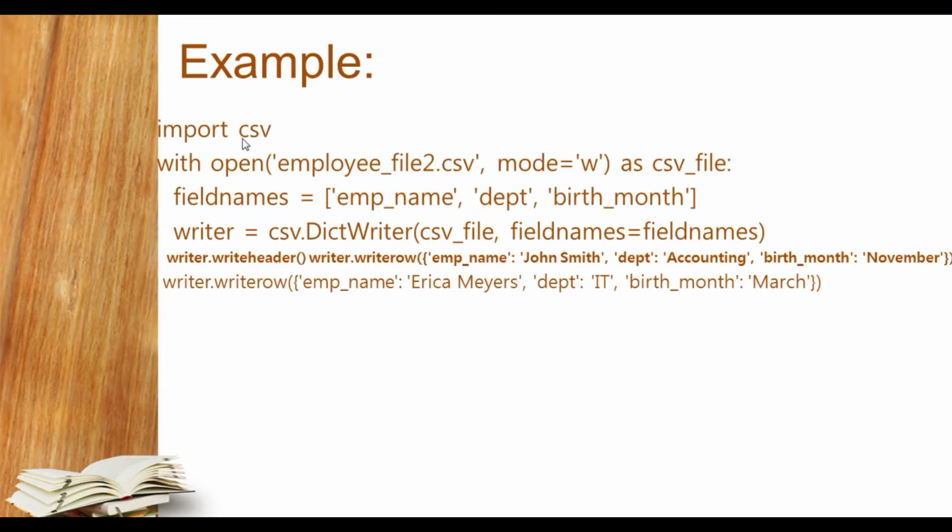You have to import the CSV module and then open a file with write mode as a file object. You have to create the field names as a header, in list format also. Then you have to create a writer method, that is DictWriter. Then you have to pass the object, then the field names, and then write header. The rest is the same as a list, but in the form of a dictionary.